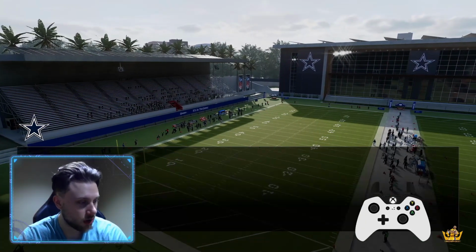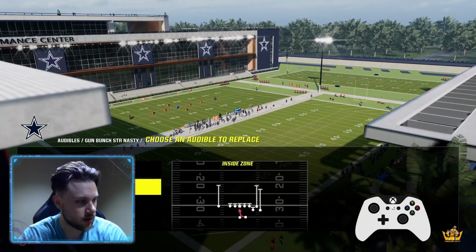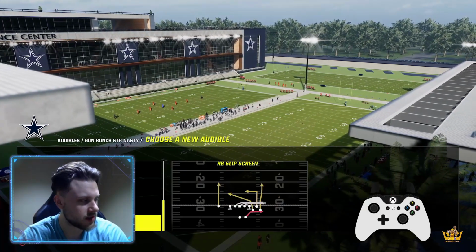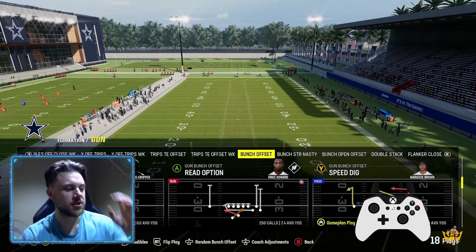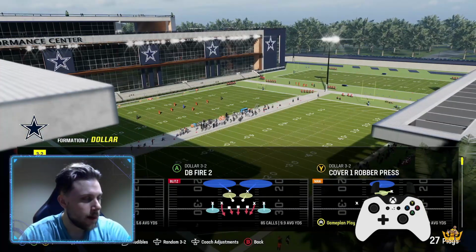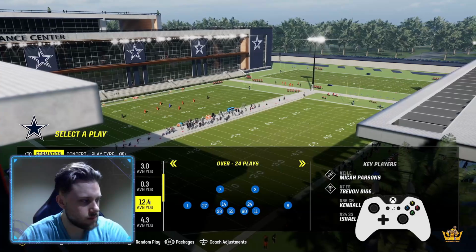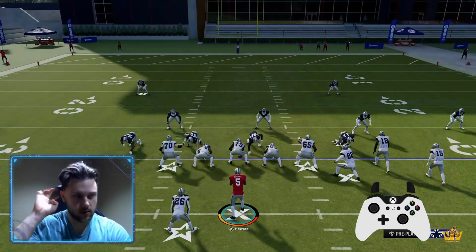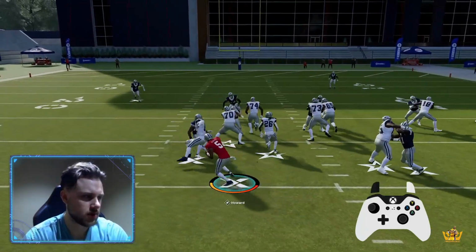And then there's bunch strong nasty, where you just substitute inside zone for RPO read bubble. And then we're going to come out in read option, a gun bunch offset, and I'm just going to call a random nickel over play. Okay? So first things first, I always like to just start with a run,